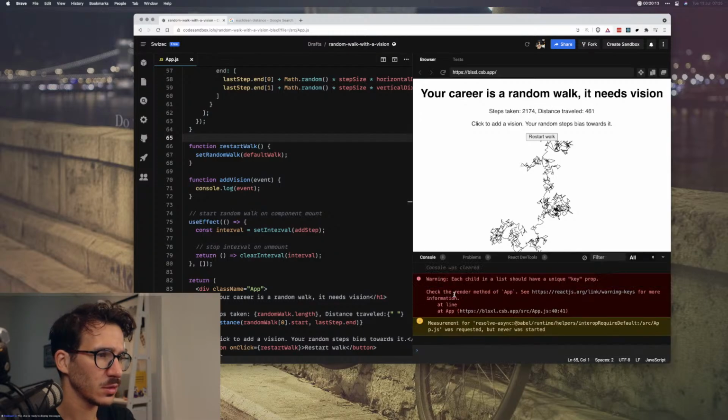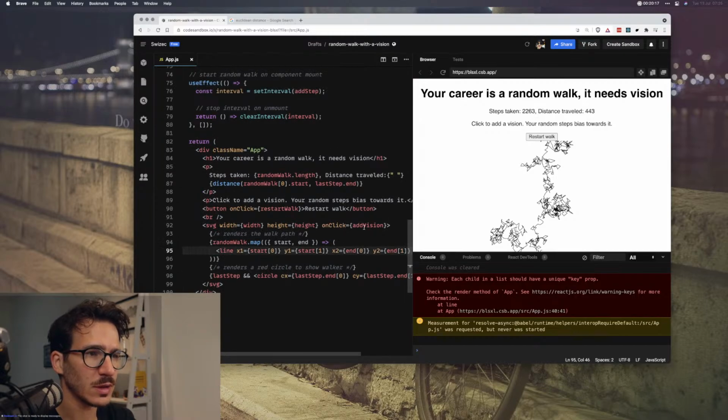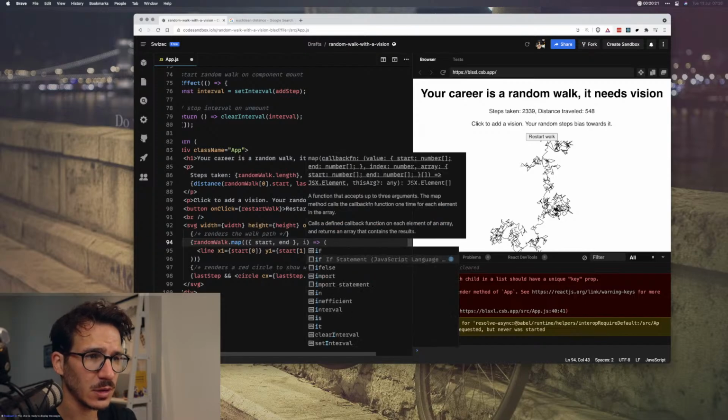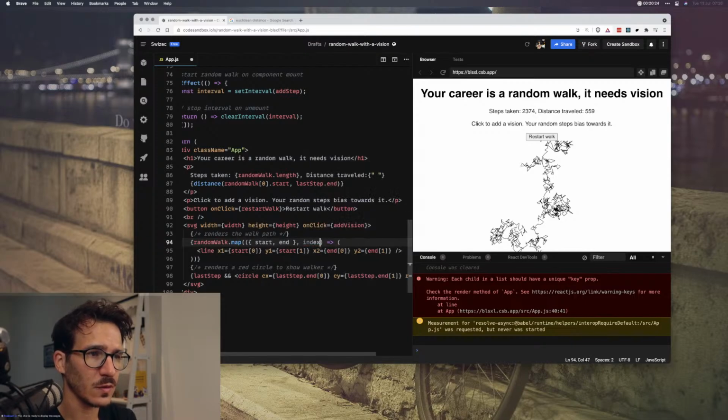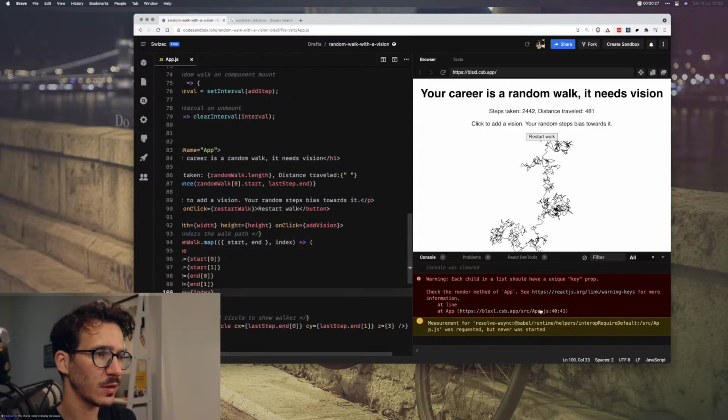Let's see. Each child should have a unique key prop. This is true. So let's add a key prop that's just an index, key equals index. All right. So let's see.